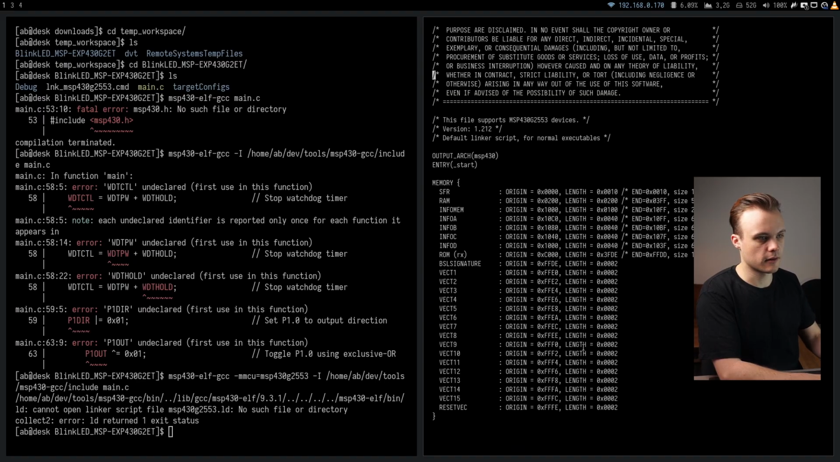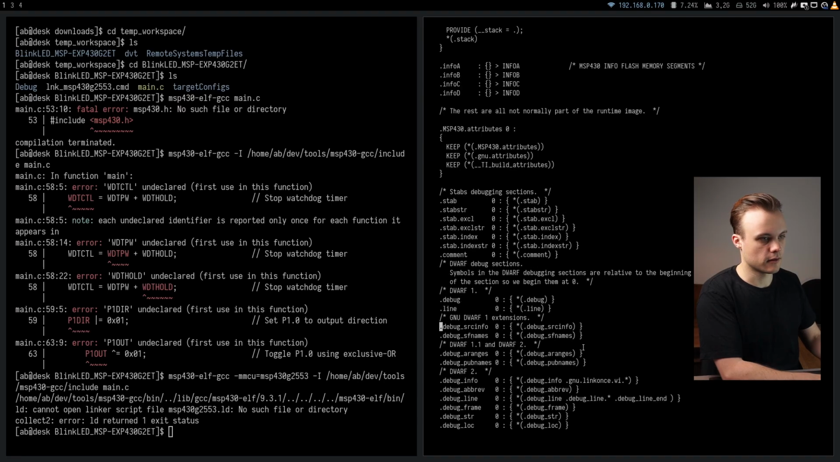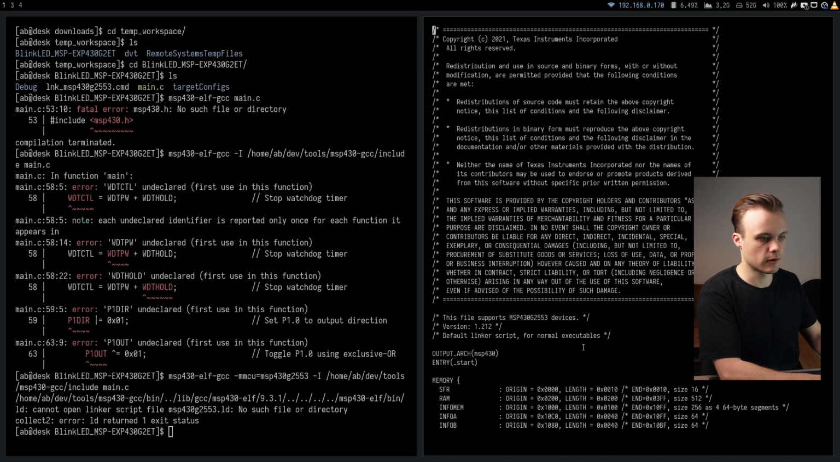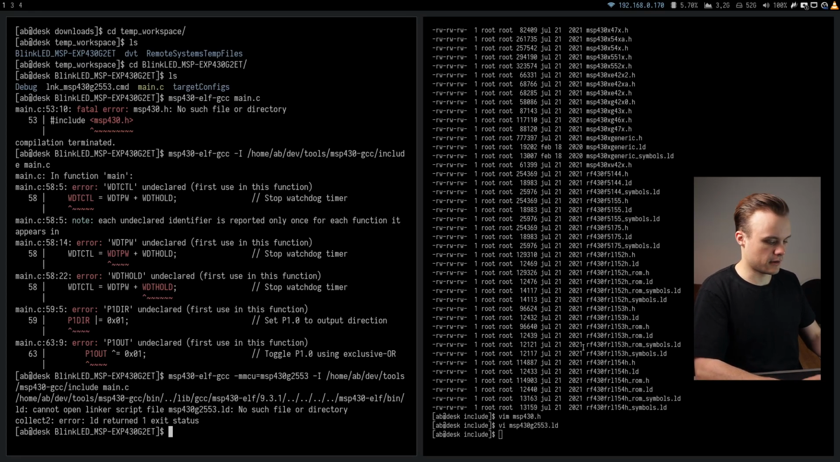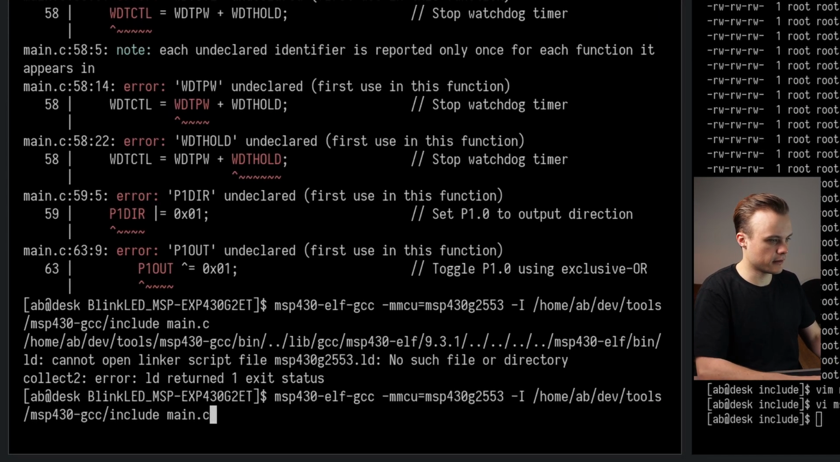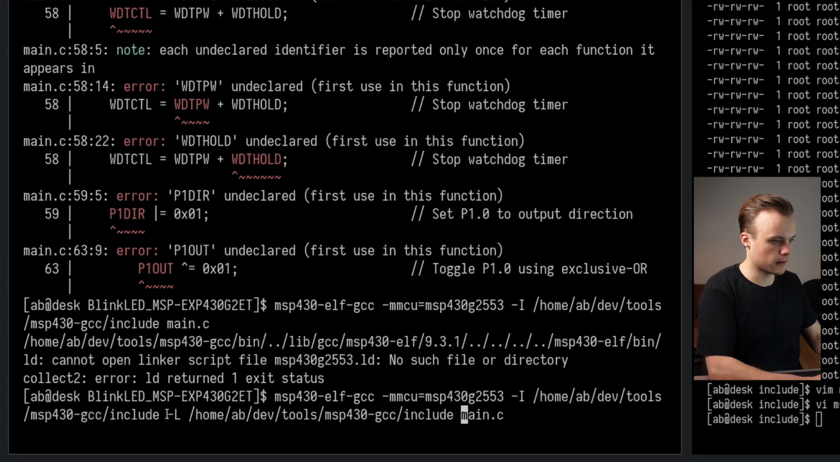And as I told you, it contains information about the memory layout and lots of other things here, which I'm not going to go into right now. Okay, and in order to tell the linker where to find things, we have to use the -L flag instead. And we can use the -L flag with the same path as we just added to the -I flag. So like that. And now if we run this again,